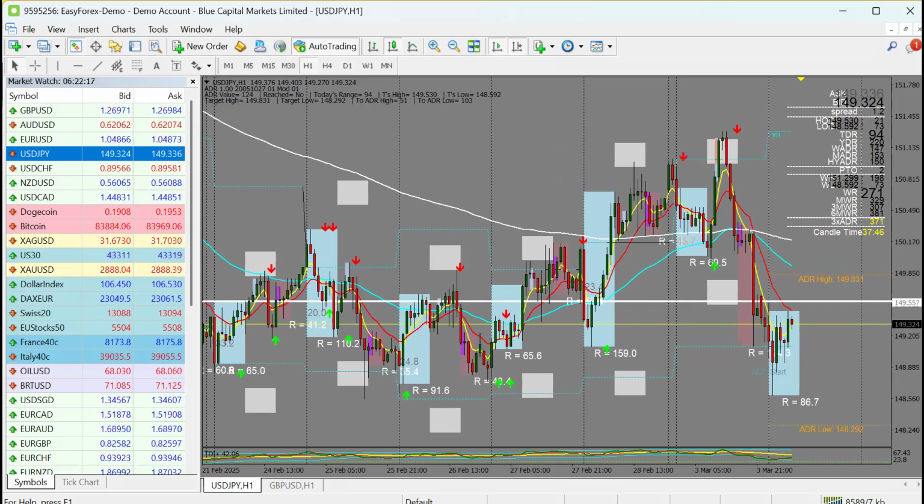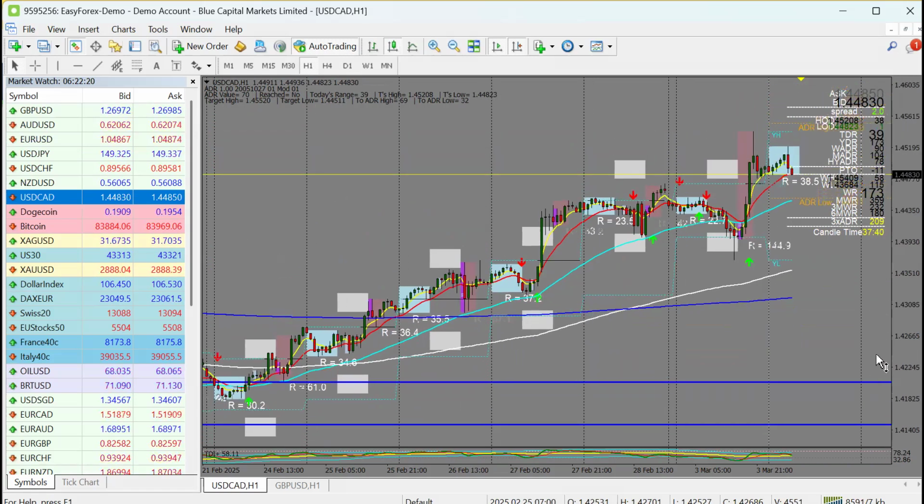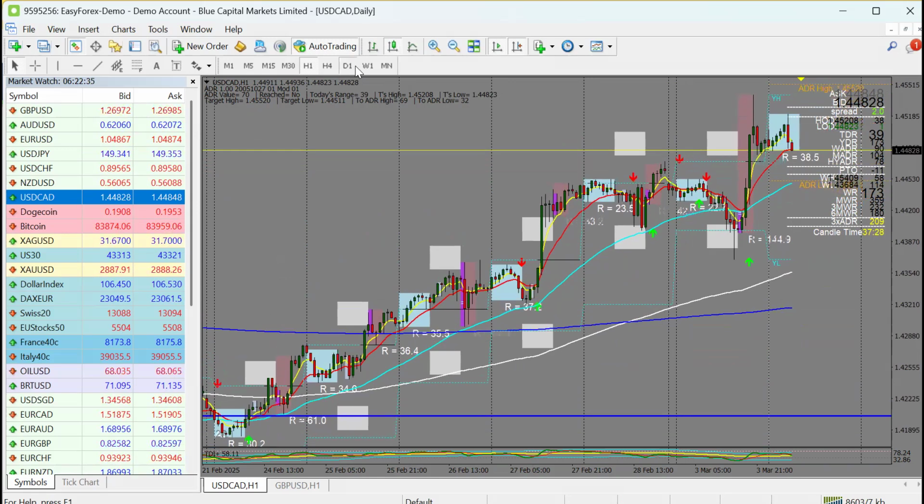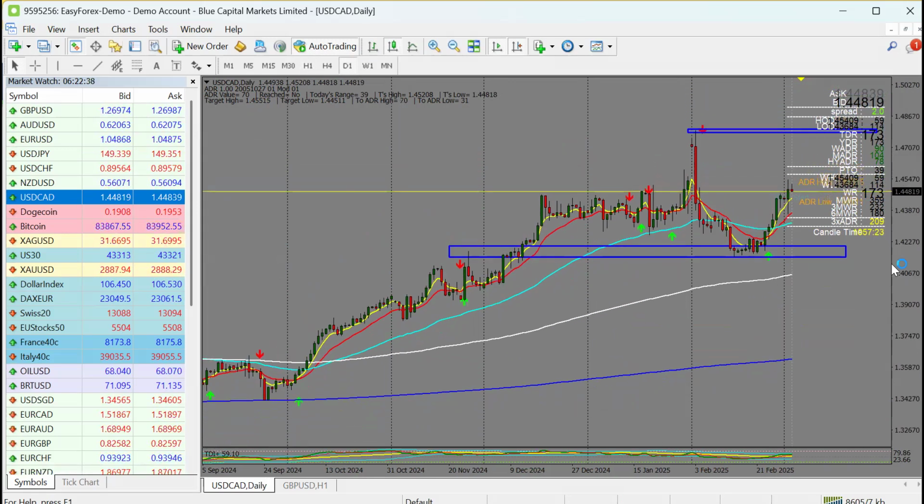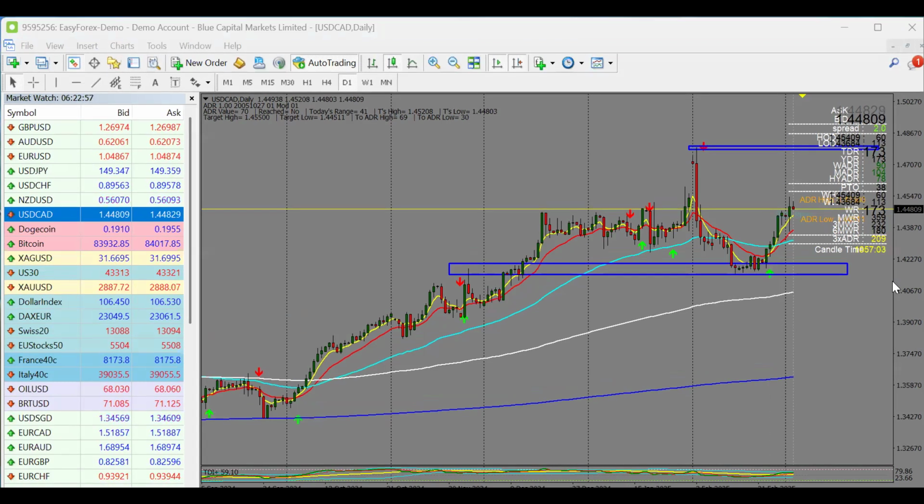Another trade we can check is USD CAD. USD CAD is one of the pairs that has been affected by the oil prices, with the war between Russia and Ukraine. That's why we have been seeing the oil prices declining. USD CAD is the special currency for now, and we're expecting buy momentum. Looking at this trade on the daily time frame, I'll be expecting buy opportunities because of the effect of the oil.